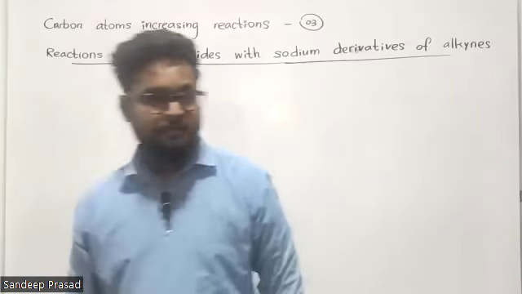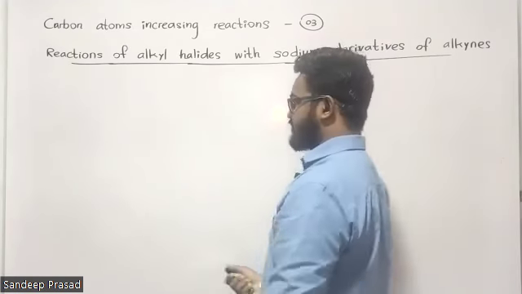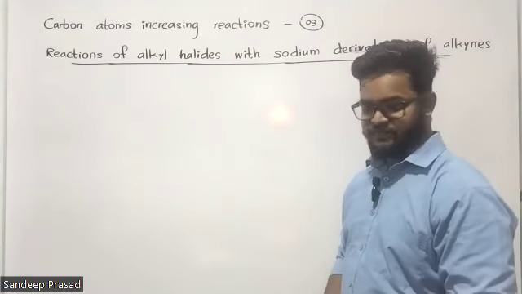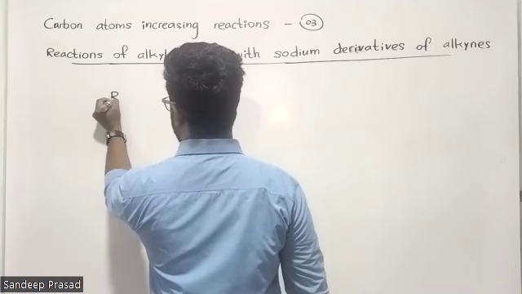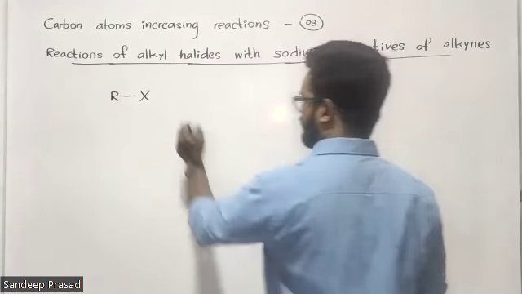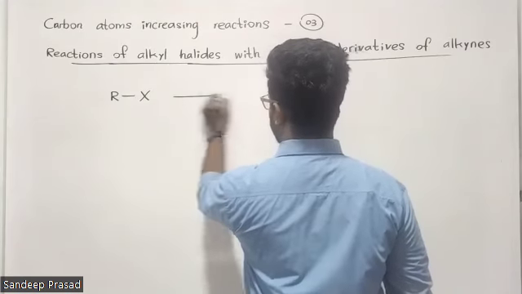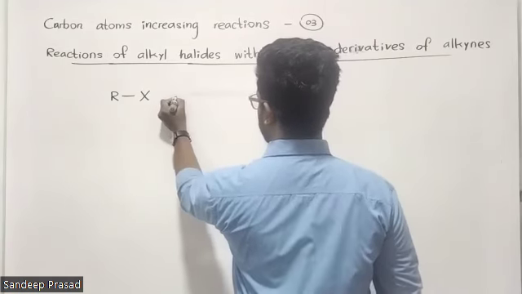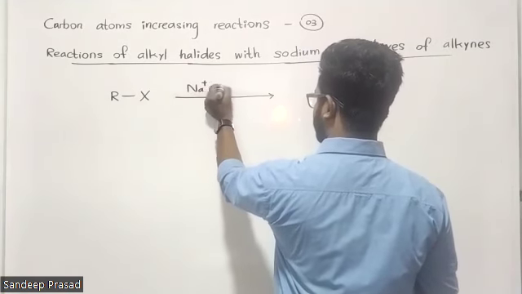Right. Okay. So students, alkyl halides reacting with sodium derivatives of alkynes. Now look at the reaction. This is a very simple reaction. What we can see here is RX. This is an alkyl halide, right? This alkyl halide is reacting with a sodium derivative in this way. Sodium derivative means you can imagine sodium plus